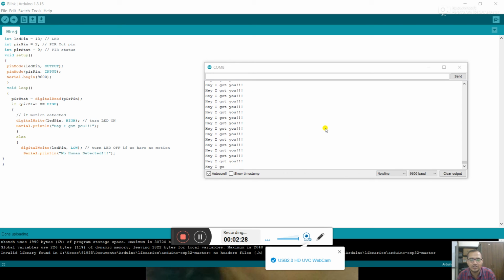It can be used for the detection of humans, for burglar alarms also, and for switching on the light for some delay if somebody is somewhere, for example the kitchen or the washroom. There you can also implement this type of circuit. For example, stair steps, there also you can implement this type of circuit and use it.